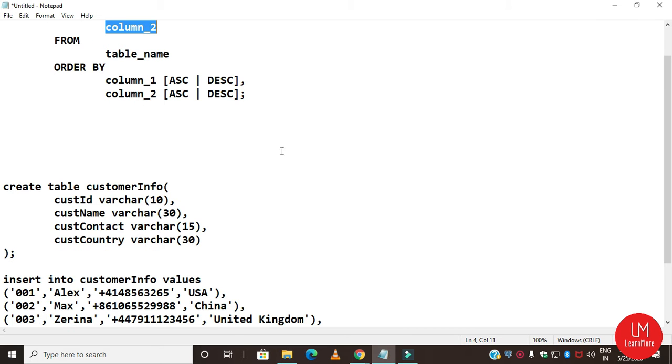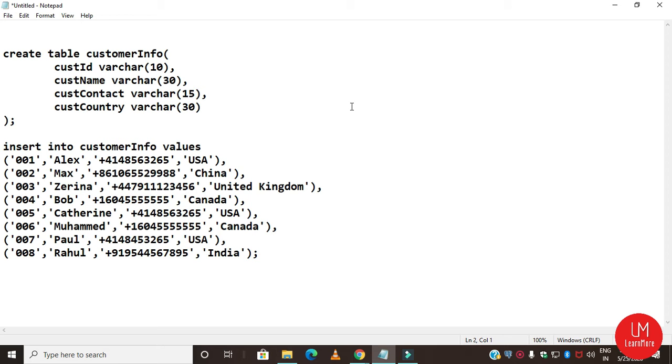Next you specify from which table. Then you specify the order by clause, then the column name, then the ascending or descending option. This is optional. By default it will sort records in ascending order. You can sort multiple columns.